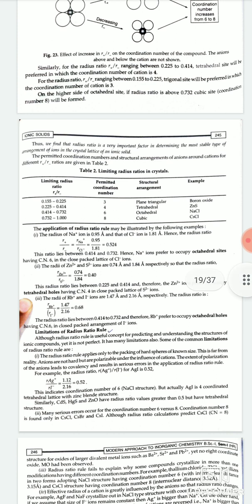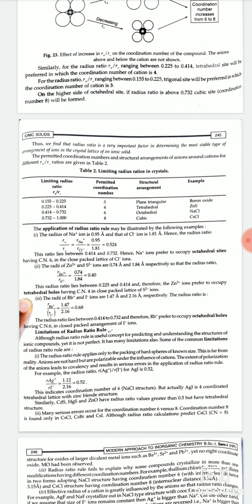Now, the application of the radius ratio rule may be illustrated by the following examples. First, the radius of Na+ ion is 0.95 angstrom and that of chloride ion is 1.81 angstrom. Hence, the radius ratio r(Na+)/r(Cl-) is equal to 0.95 divided by 1.81, that is equal to 0.524. The ratio lies between 0.414 and 0.732. Hence, Na+ ions prefer to occupy octahedral sites having coordination number 6 in the close packed lattice of chloride